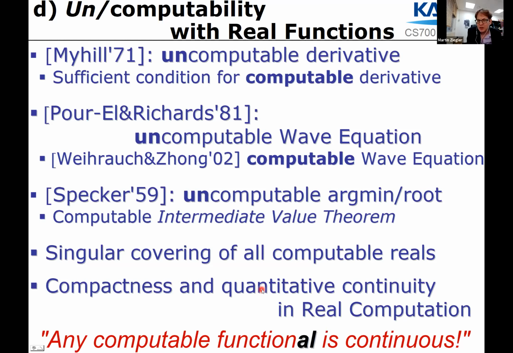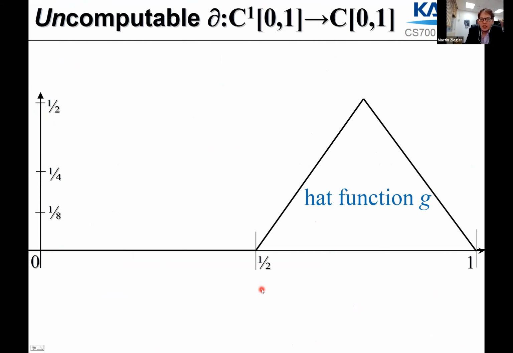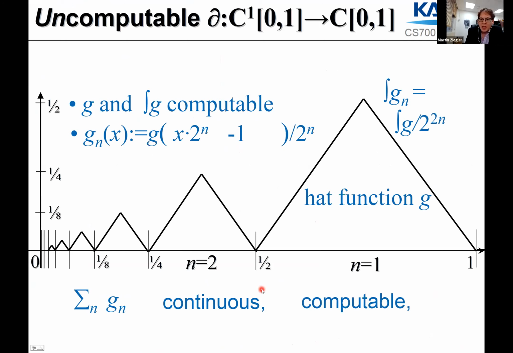To this end, we first have to discuss and introduce what it means to compute a functional, what it means to input a real function as an argument, because so far we've only defined what it means to input a real number and to output a real number. So therefore this sentence is currently deliberately put into quotes and in italic, but maybe this can help you understand or give a different perspective on all these counterexamples. Let me skip over the construction. We've discussed that